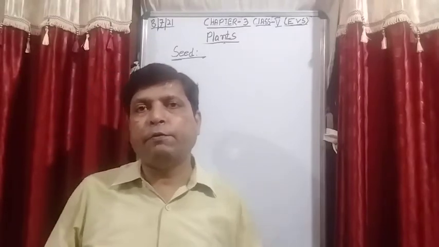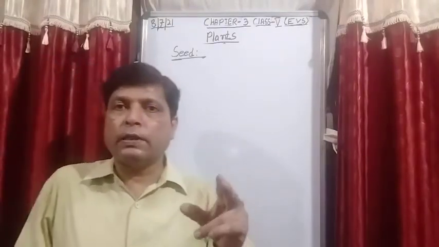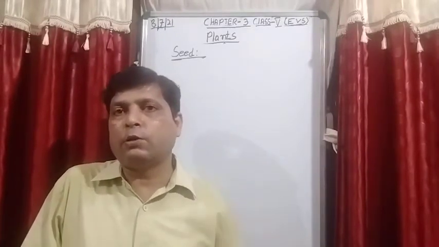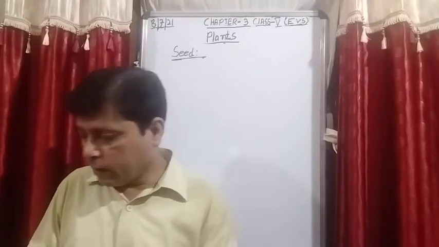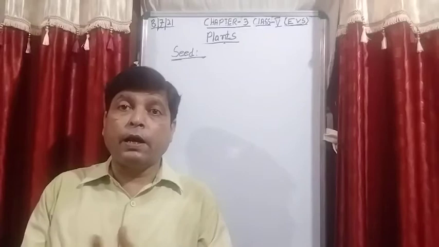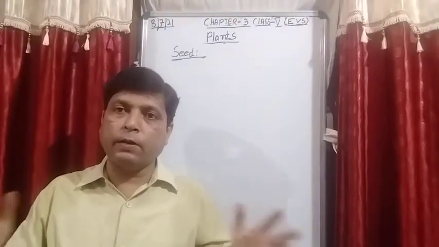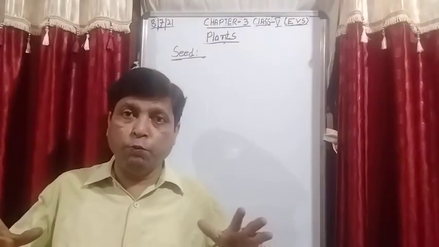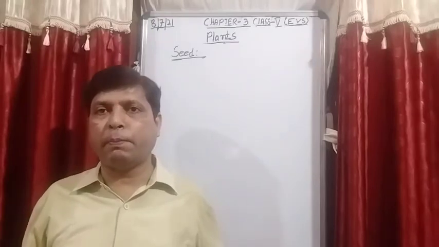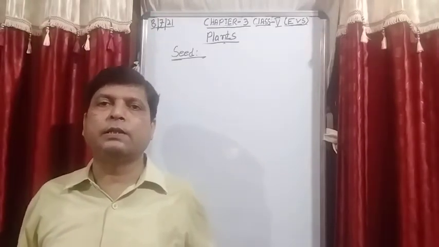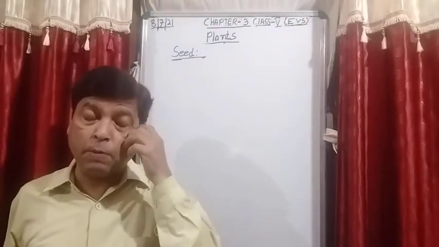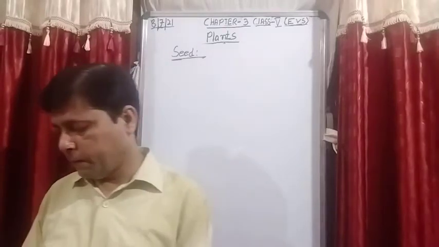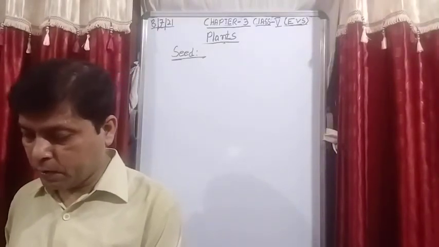the seeds. And when we are talking about the seeds, all seeds are not of the same size. The size of the seed also differs. Another important thing is that the number of seeds present inside the fruit also differs. In some plants it is only one, like a mango. In some plants you will find many seeds inside, like watermelon, papaya. And in lemon, oranges, you will see 4 or 8 or 10 seeds. In this manner, the number of seeds present in the fruit also differs.